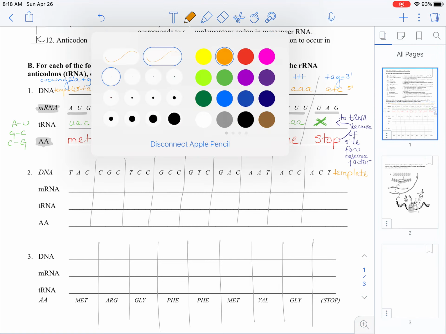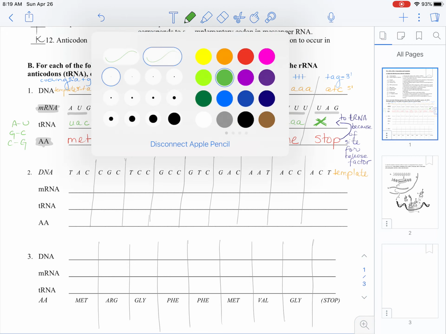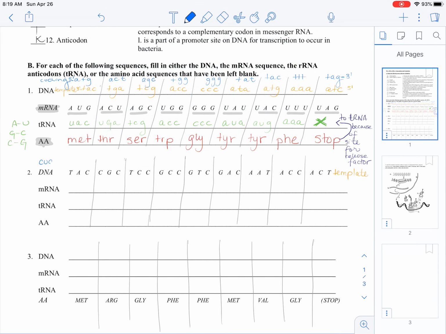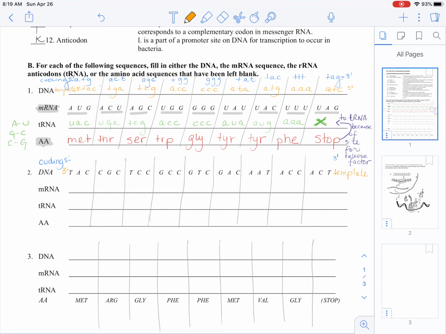So I'm going to be writing its complementary strand, which is going to be the coding. And remember that that coding is going to be running in the 5' to 3' direction. And then the template is the one that runs 3' to 5'. So the coding strand for the strand of DNA given is going to be